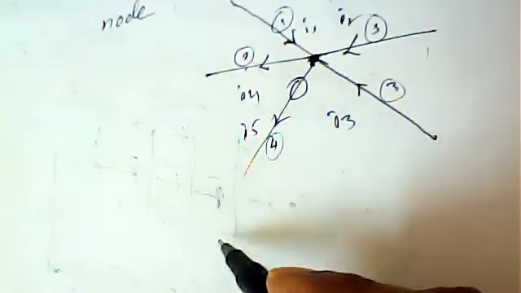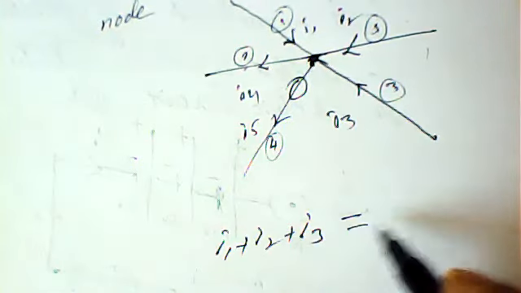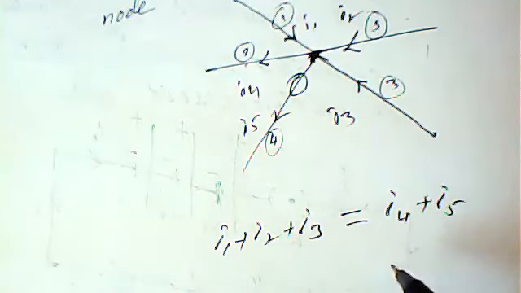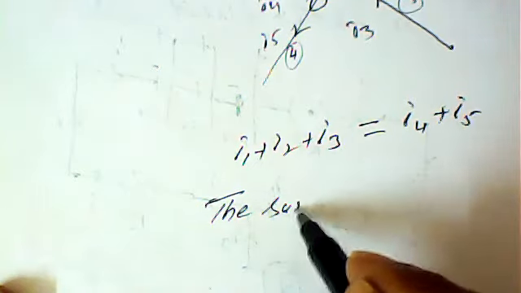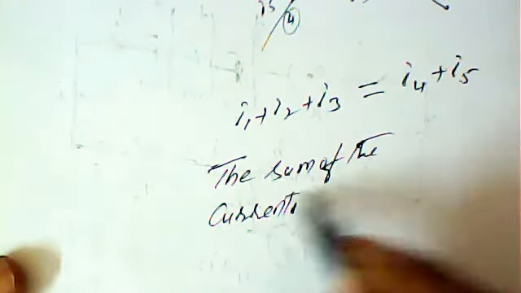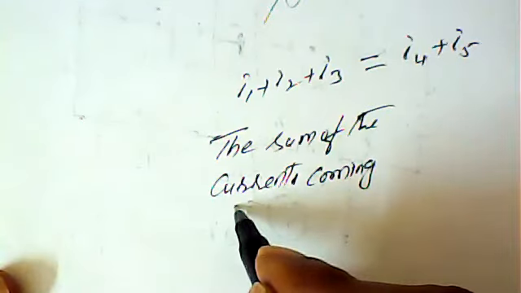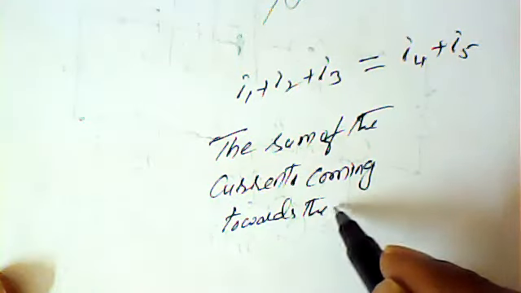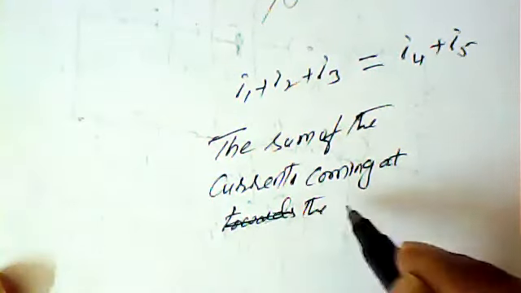So here, coming in is I1 plus I2 plus I3. This should be equal to going out, I4 plus I5. So the principle involved is conservation of current. What we say: the sum of the currents coming towards the junction, or we can say at the junction, instead of towards, we can say coming at the junction,